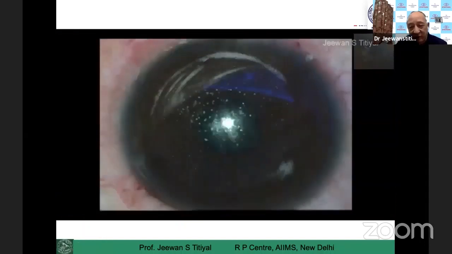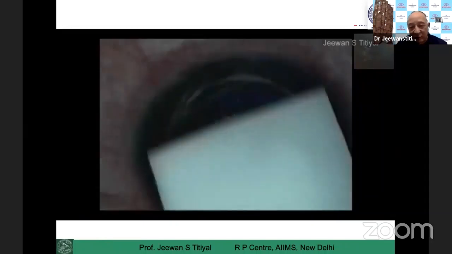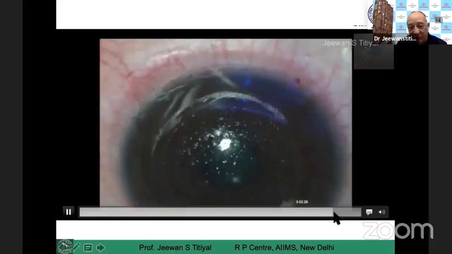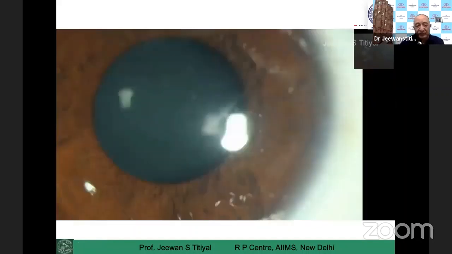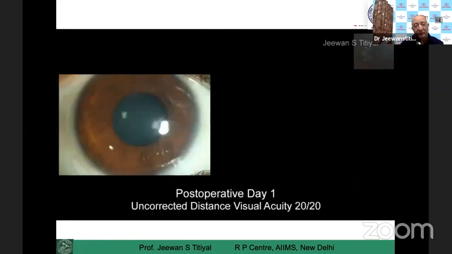But sometimes these forceps can create difficulty because they can get stuck to the wound area, and you can have complications related to that. It has a slit lamp attachment, also a slit beam. You can see the entire area with the slit lamp. In case of any debris, you can take away that debris also. Many people irrigate the lenticule bed also, which I normally don't do, and which is not required.